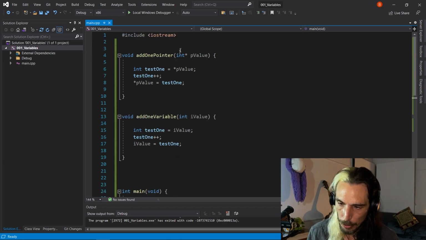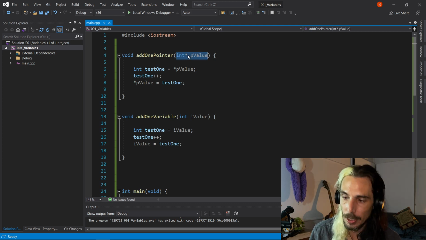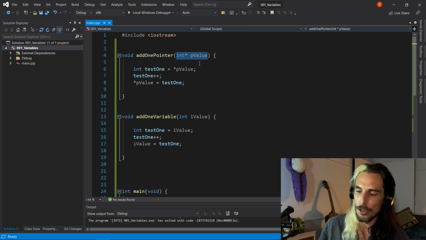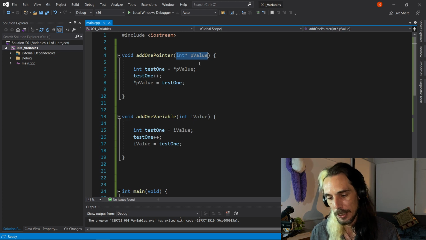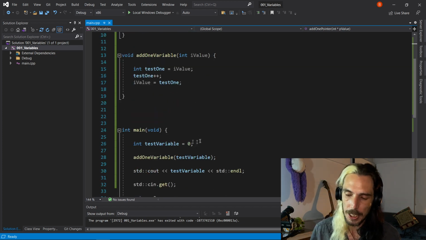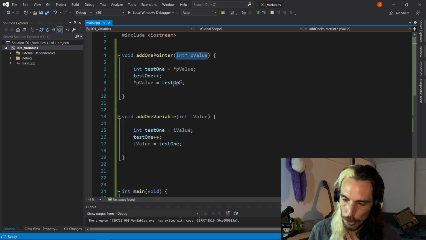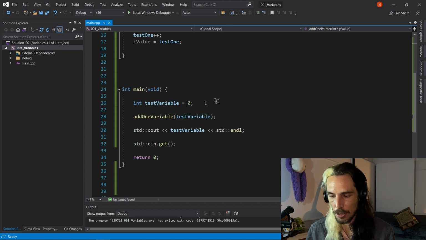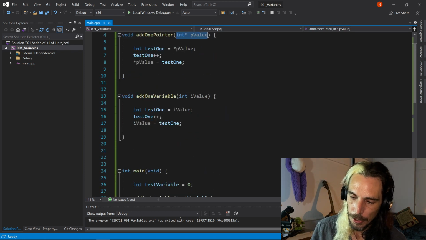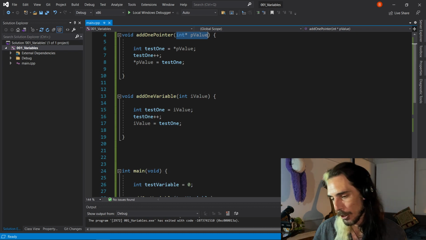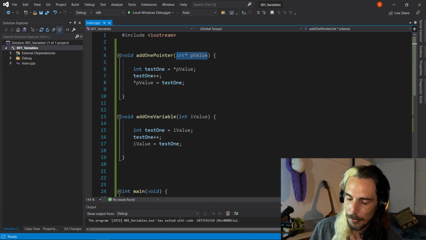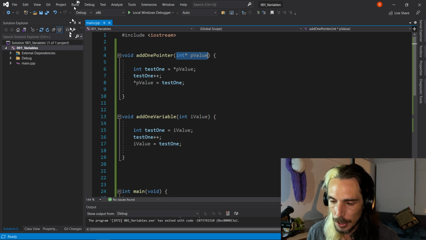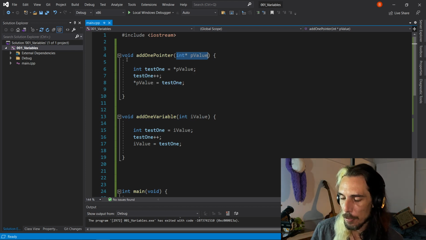Whereas when we do it with our add1 pointer, we're still creating a copy, but we're creating a copy of the address to the data where test variable is being stored, so that when we actually go to modify that, we're still actually modifying the actual data that is held within test variable, rather than trying to modify a copy of that. So allowing us to do that sort of thing can be quite useful in those sort of situations, especially if you've got